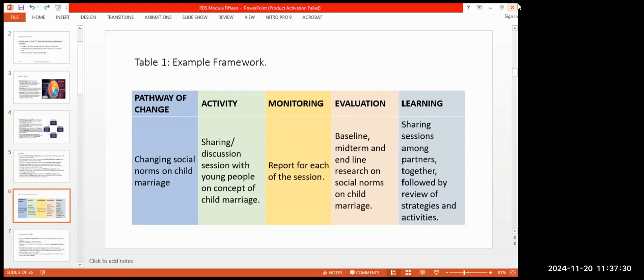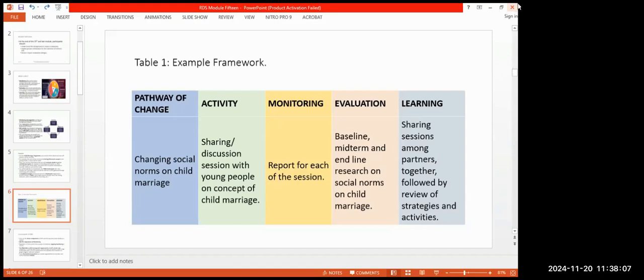And for purposes of monitoring, you do a report, maybe for each session that you conduct, okay? And the evaluation can be done at the beginning when you're considering baseline. It can also be done at the midterm, and it can also be done at end line or at the end of the project. Okay. But while we now look at monitoring and evaluation at each session, we must also introduce the learning part,